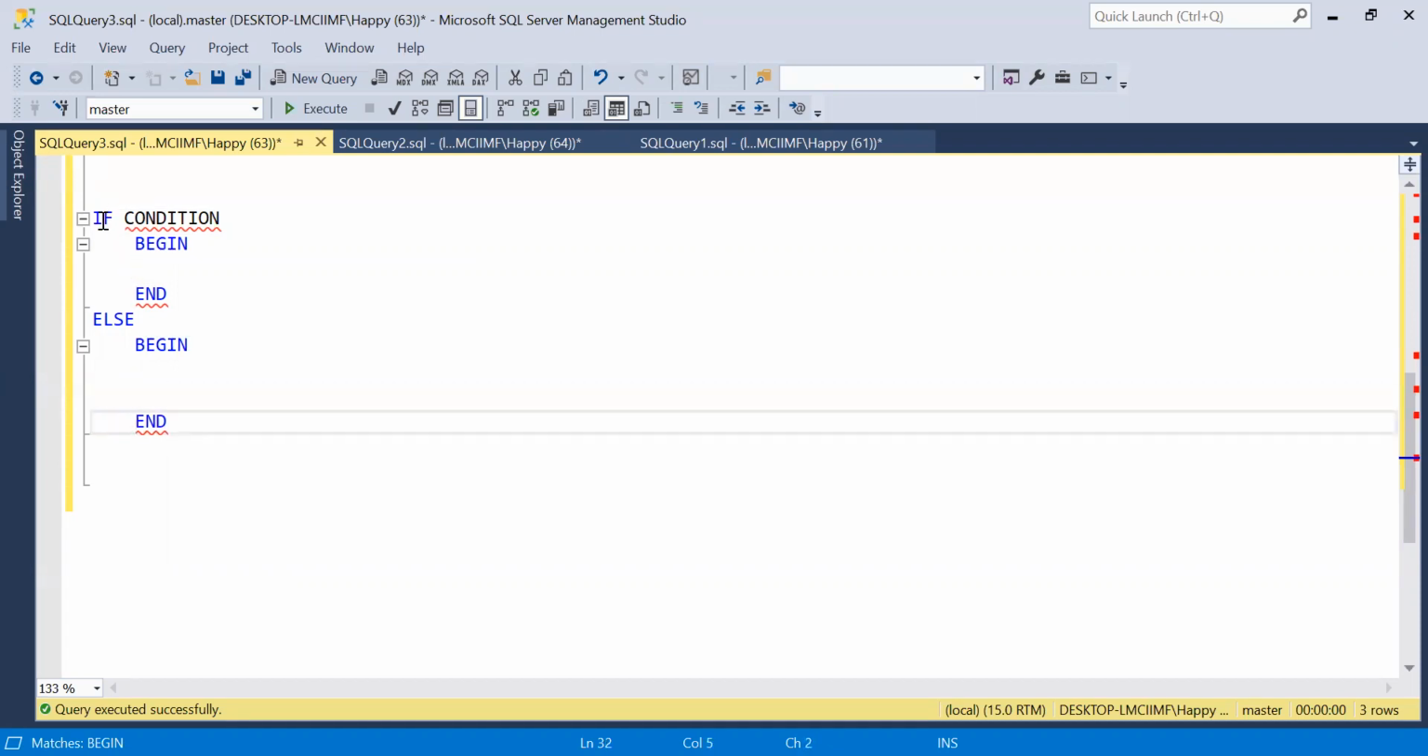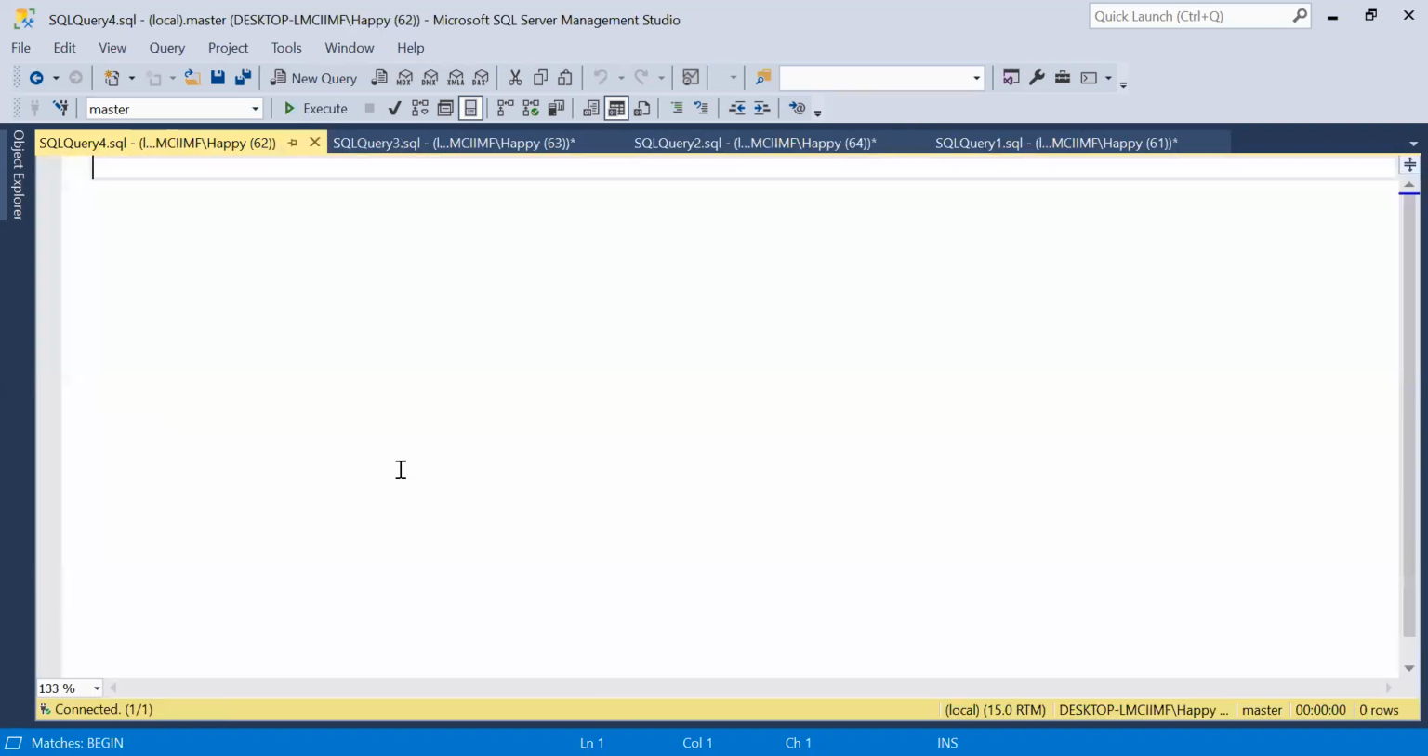So within the if condition, if this condition returns a Boolean true value, then the control will get into this begin and end. The statements blocked under begin and end of the if statement will be executed. If it is not true, it will go and get into the else statement. To demonstrate that easily, we'll do one